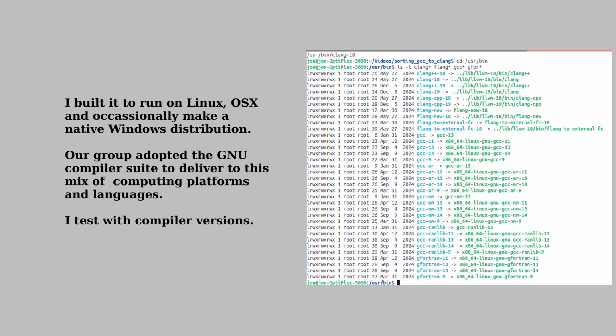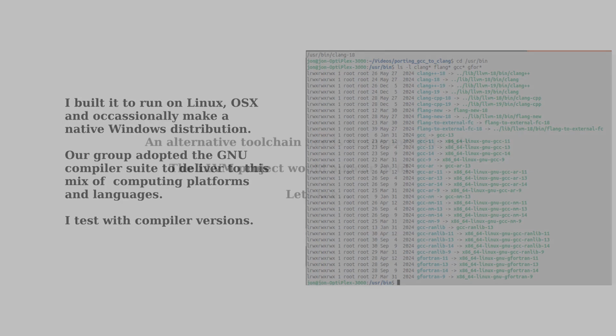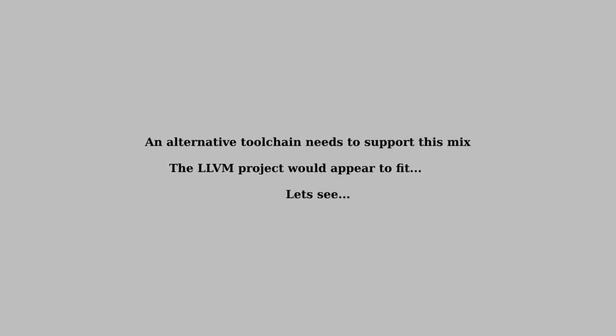I regularly compile on several different ages of Linux computers, as well as OS X, and occasionally I generate a native Windows executable set. And I run syntax checks on the source code almost as often as I invoke the toolchain. The trouble with syntax checkers is they have little to say about the code bases that stretch across multiple languages. Of course, any tool set is going to need to work across this mix of